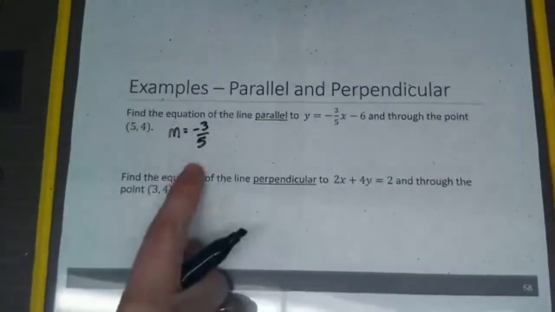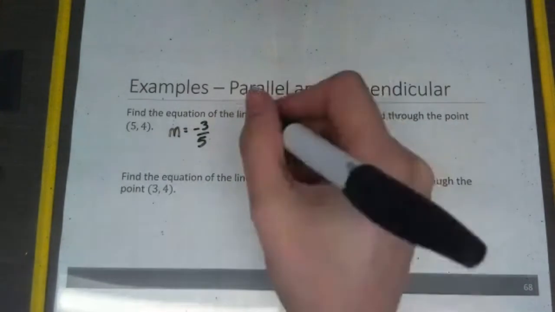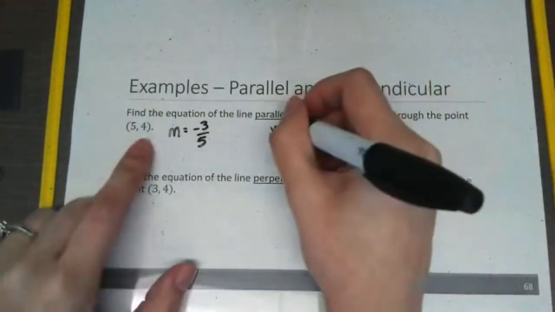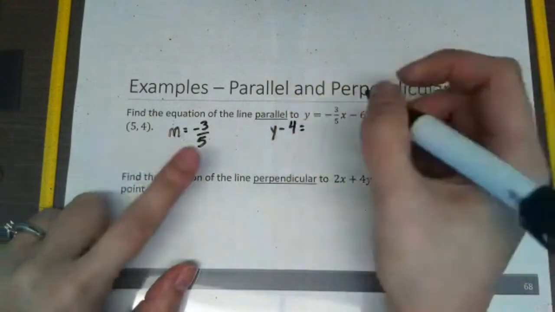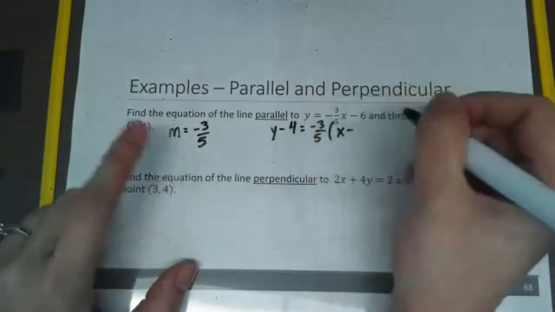Now that I know the slope and a point that it goes through, I can use my equations to solve. This time I'm going to use point slope form. So that's y minus y1. So y minus the y value of 4 is equal to my m value, negative 3/5, times x minus the